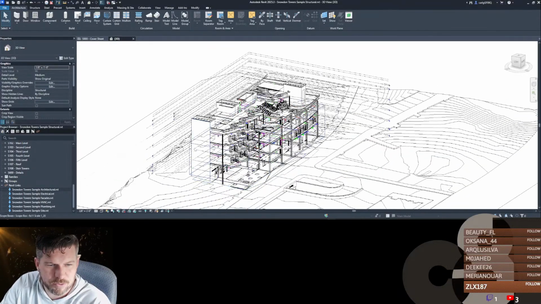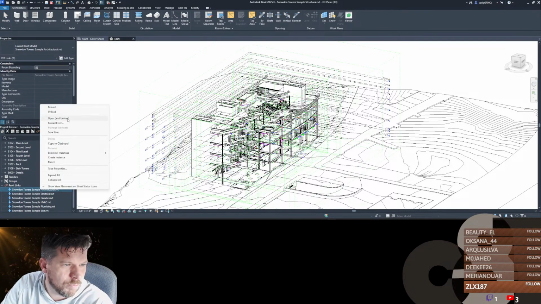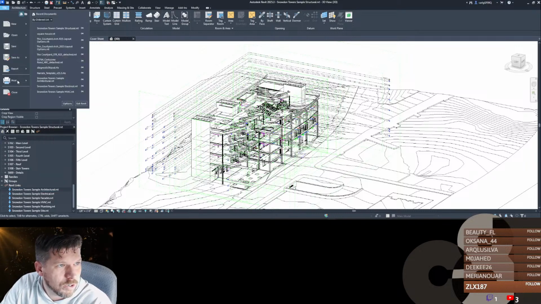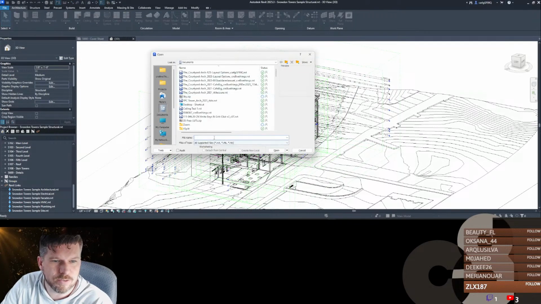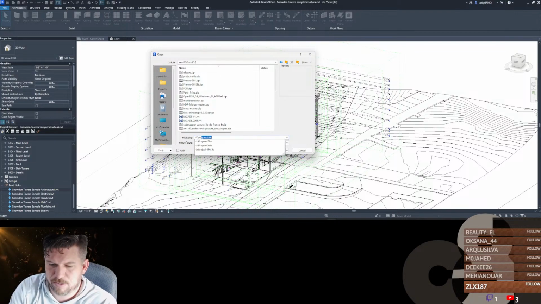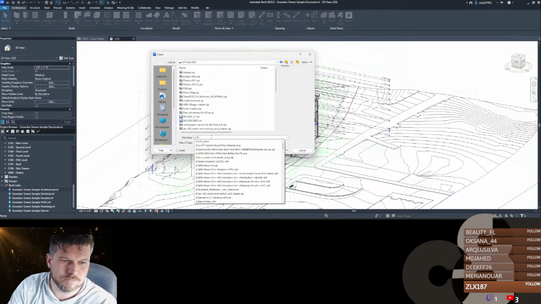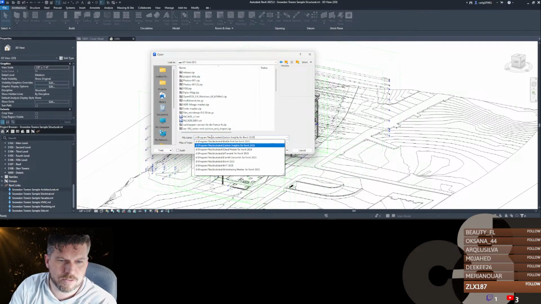But if I wanted to move something in the architectural model, I would need to open this and unload it. Or if I were to open it from the hard drive, if I go to the D drive, Program, Autodesk, Revit,